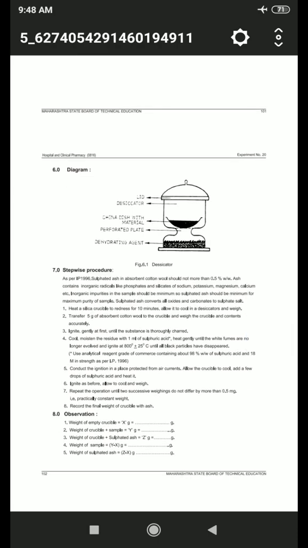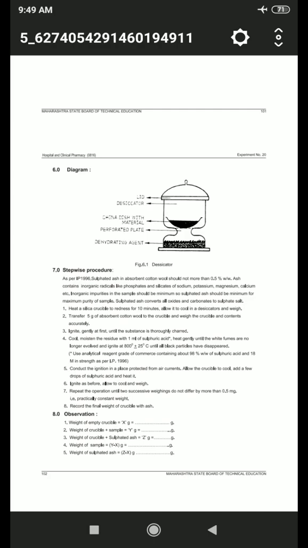Okay. Then stepwise procedure. As per IP 1996, sulfated ash in absorbent cotton wool should be not more than 0.5% weight by weight. Then ash contains inorganic radicals like phosphate and silicates of sodium, potassium, magnesium, calcium, etc. Then inorganic impurities in the sample should be minimum, so sulfated ash should be minimum for the maximum purity of sample. Then sulfated ash converts oxides and carbonates to